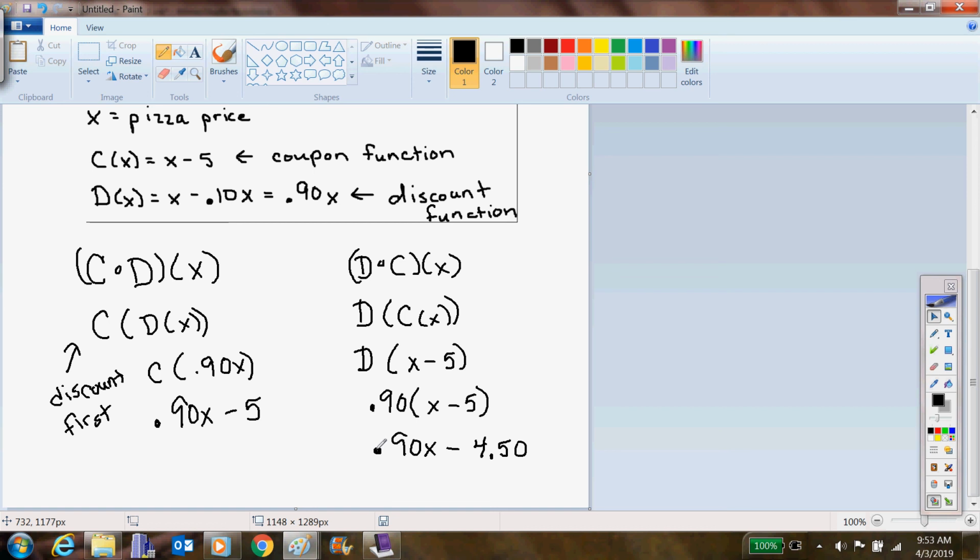Now they're easy to compare, okay? This one, doing the discount first. This one, doing the coupon first. And so we notice that here, it starts off with 90% off of the pizza. Which one has more money taken off? The discount first. How much more money? 50 cents more. This one you're taking off $5 off the 90%. This you're taking $4.50 off the 90%. So it's a 50-cent